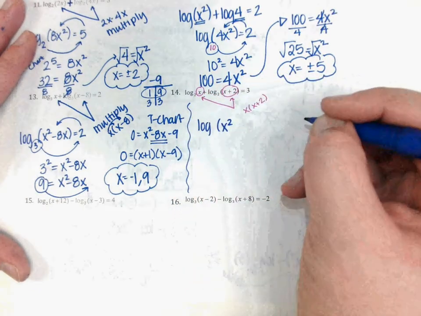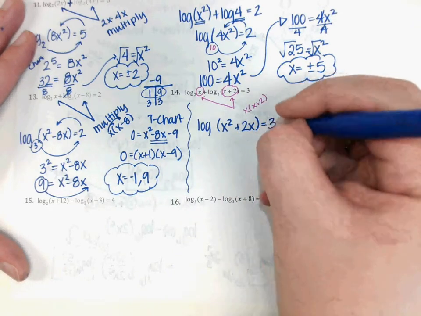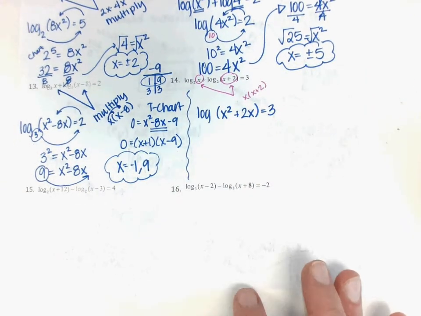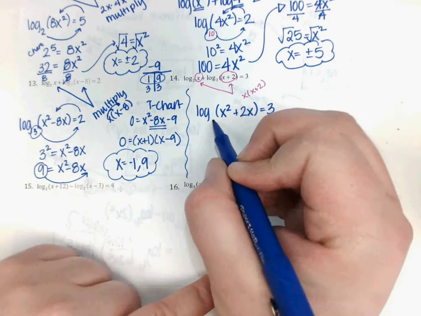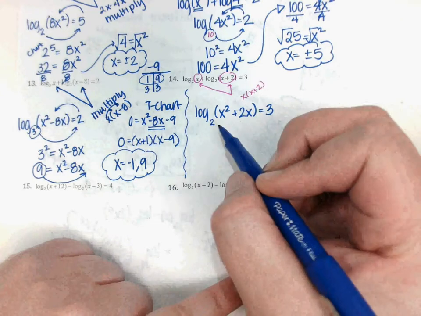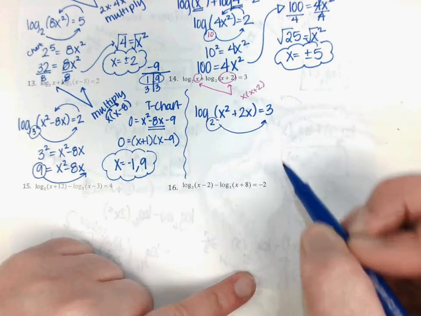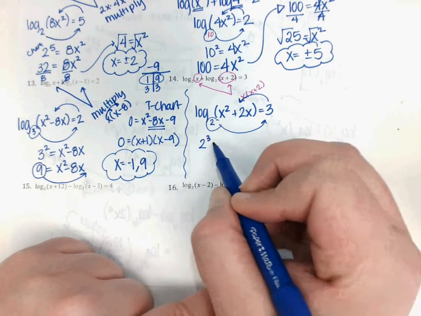And then what's x times 2? 2x. Okay, now what did I forget that's going to mess my problem up on mine? What's the base supposed to be? 2. So make sure, if there was a 2 there, don't forget to copy that down because that's what starts your loop. Okay, so from there, I'm going to do 2 up to the 3. Bring it back around equals